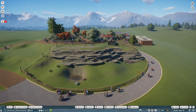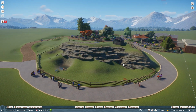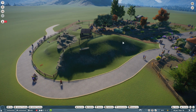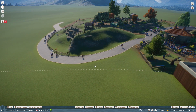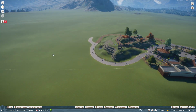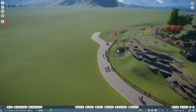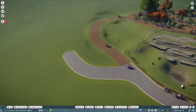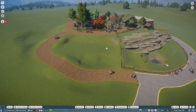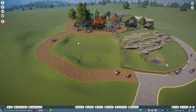So next episode I will do more detailing in here, and I'll kind of fill in the blanks as we go along. So I'll get this area looking better. I'll create a bit of a sort of a hedge edging, I think, down here. Obviously not sure what's going to happen sideways or here. In fact, I've got a bit of an area here. Whether that's going to be another habitat, probably not. I want to space things out, so this will probably become...